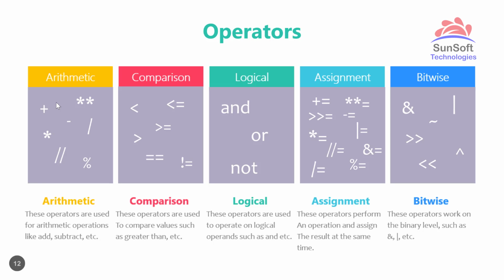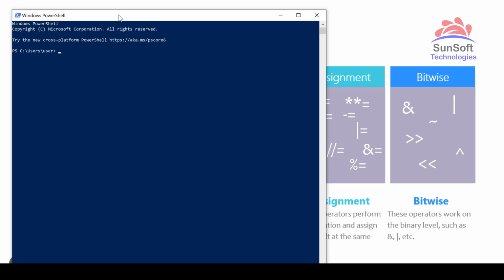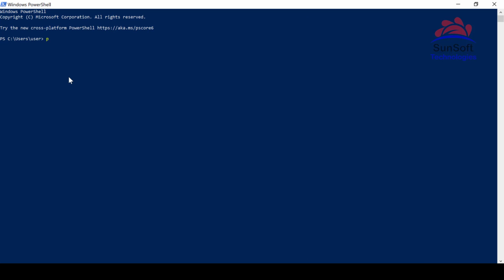Now let me open up PowerShell, and over here we'll be using Python. So here we have the Python REPL. Now for arithmetic operations, the first one we saw was plus or addition. It's a simple operator. See, 23 plus 32, 55. Similarly, it works with floating point numbers as well. Simple. Similarly, we have